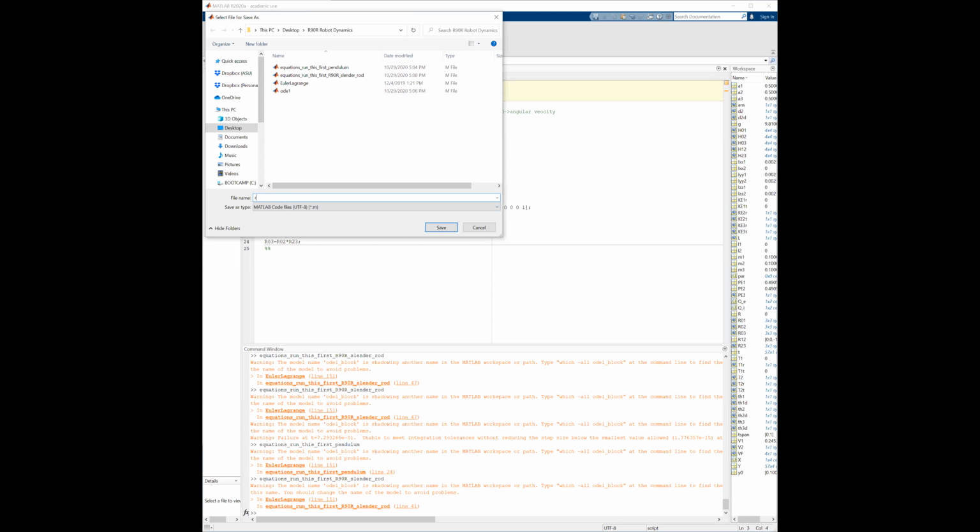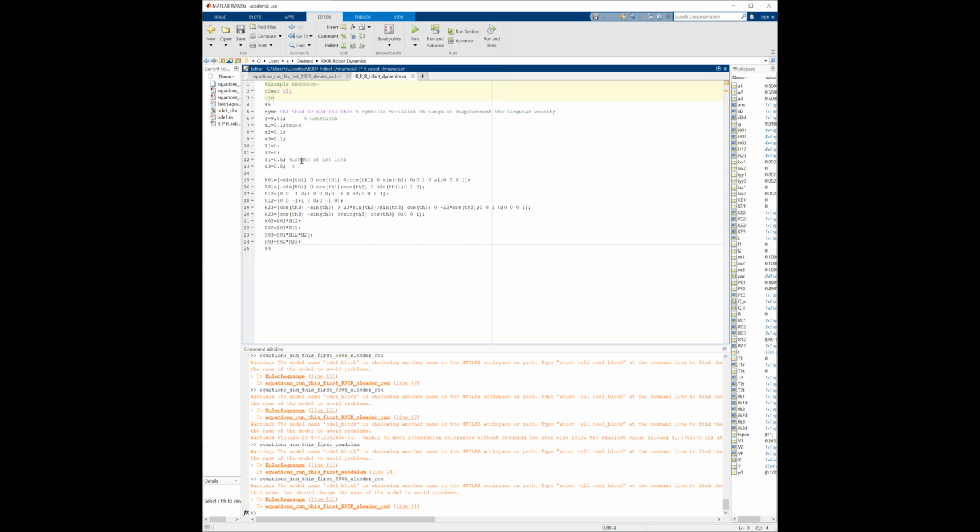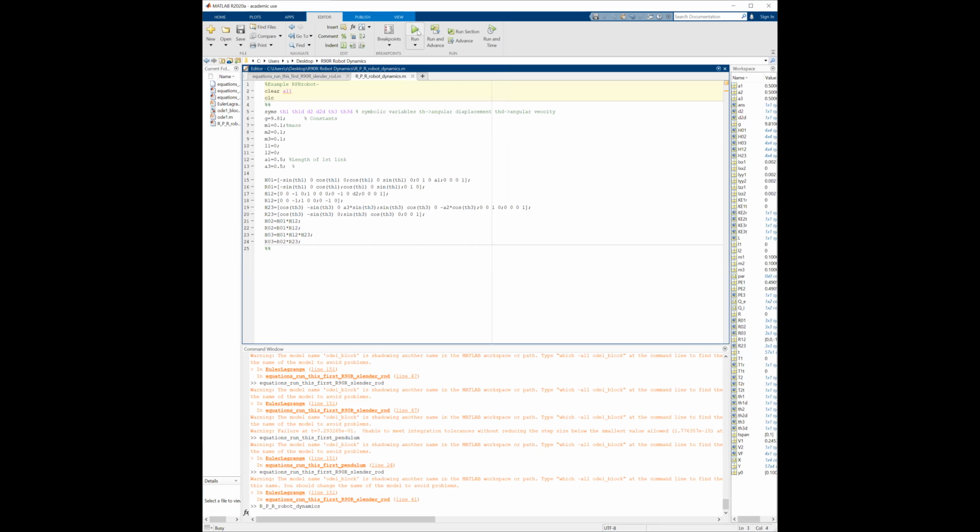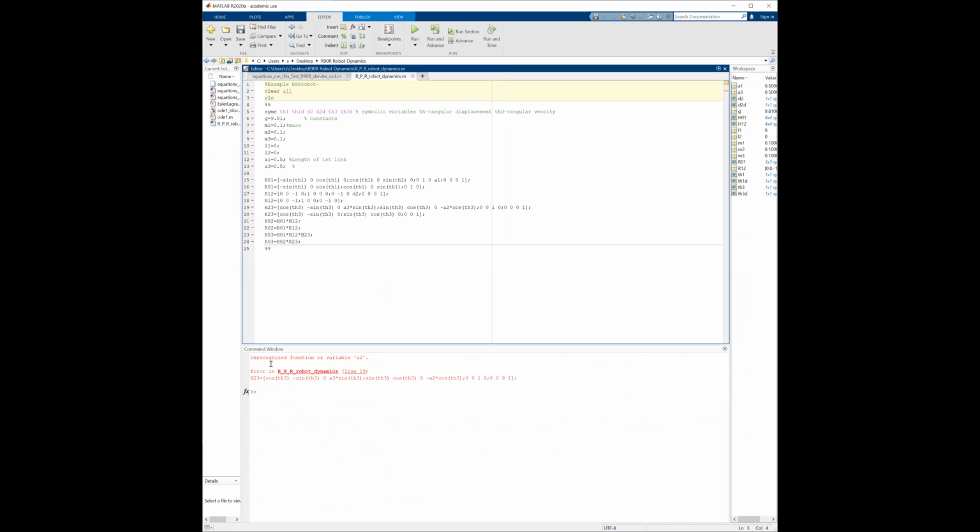This I'll call RPR Robot. So run the first section, and then at the end, it should give you